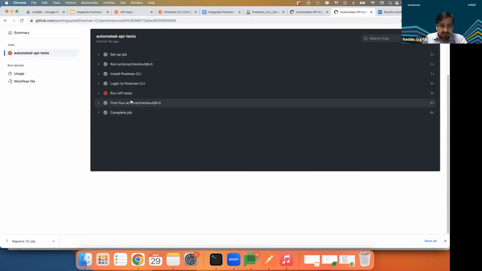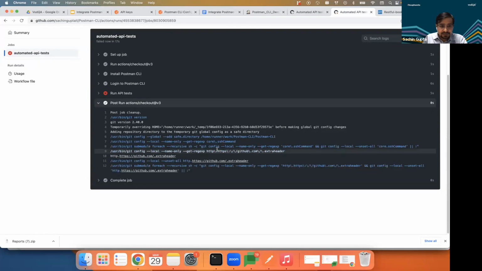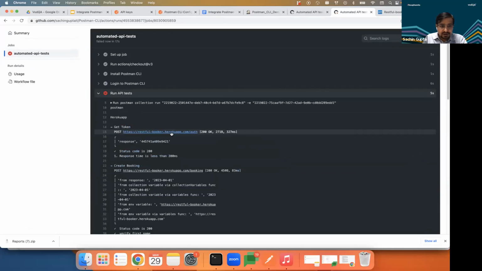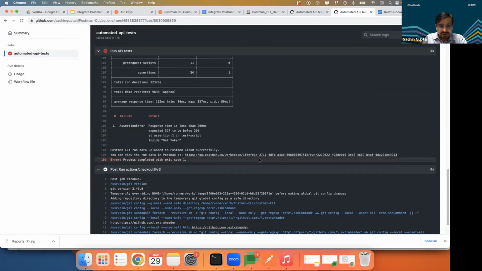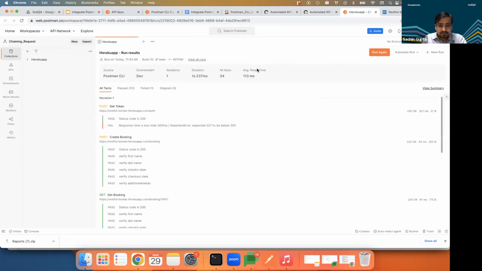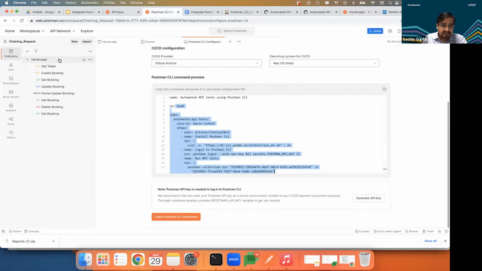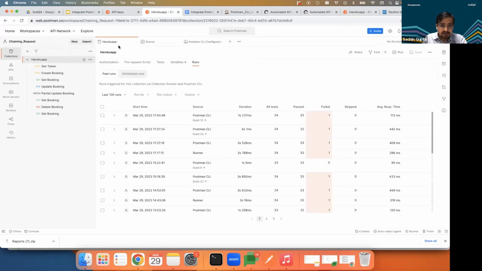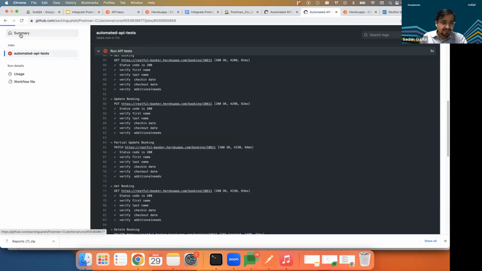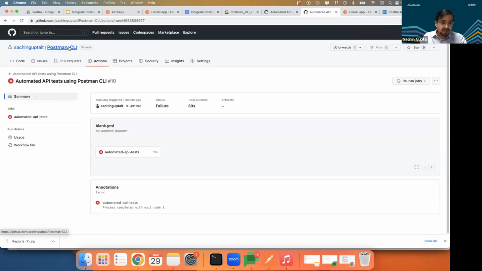Here the report is ready. All right, you can see the report here. Those reports you can see centralized. Click on the collection, and all the reports come here. And here you can see Postman CLI, it is coming as build 10. See, it would be build 10. If I go back and